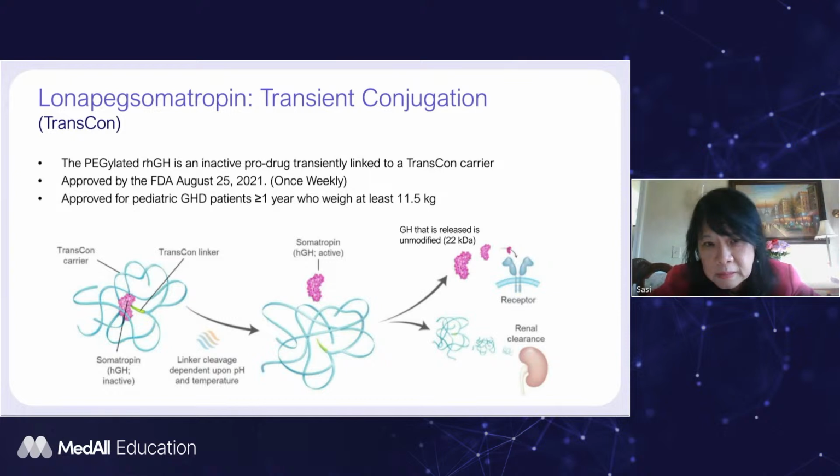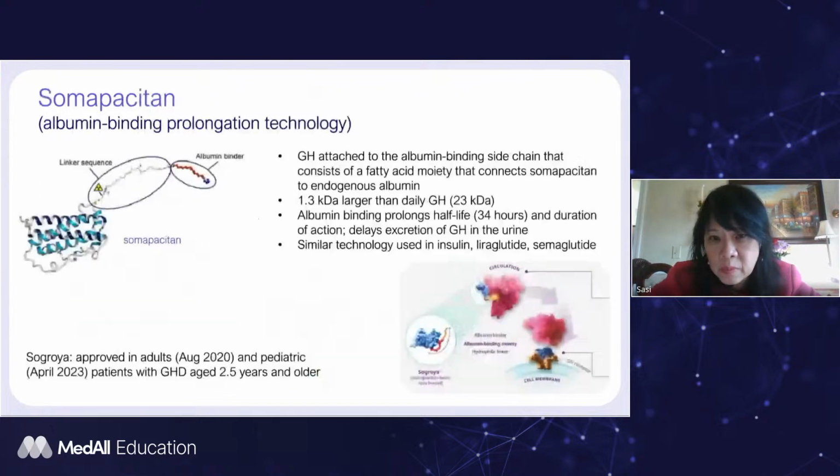Once administered to the patient, it will be slowly released, and then the linker and carrier will be excreted through renal clearance. This one was approved in August 2021, and is approved for children older than 1 year and weighing at least 11.5 kilograms. And the second one is